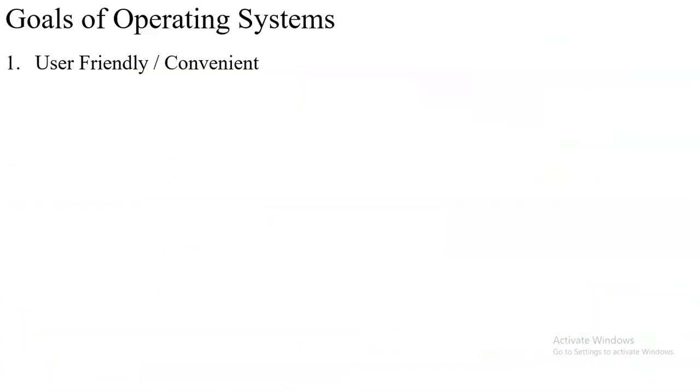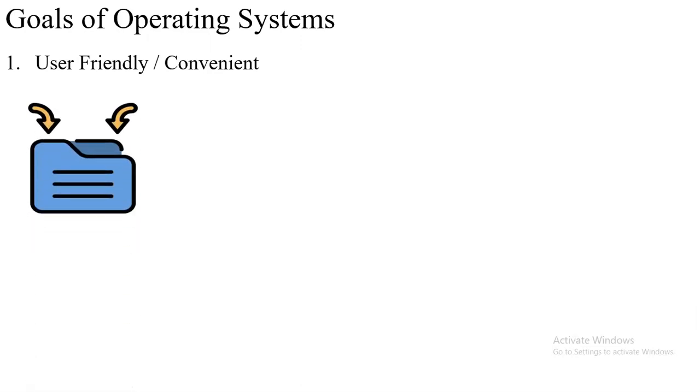Then let us go to the goals of the operating system. There are two goals of the operating system. One is user friendly and the other one is efficiency. User friendly is nothing but convenient. Let us understand that. What is user friendly? The simple English meaning of user friendly is that the operating system should be easy to use, easy to understand, and easy to access. So let us say, for example, if you want to save a particular file onto a